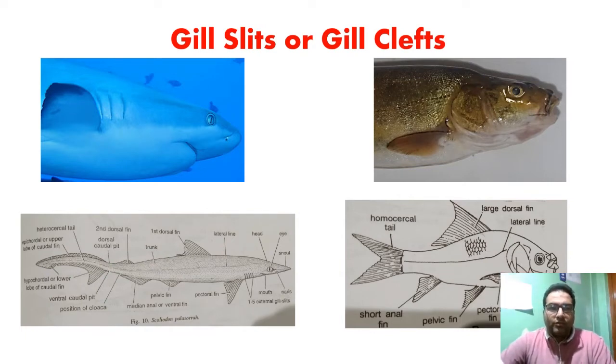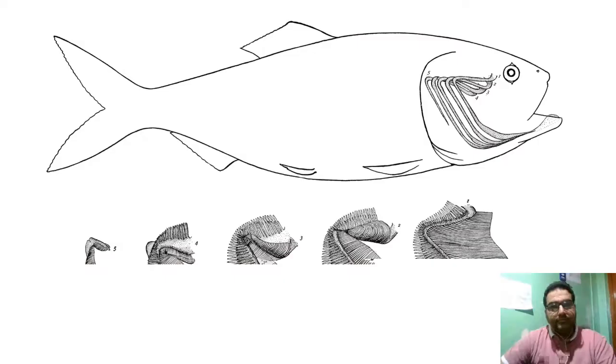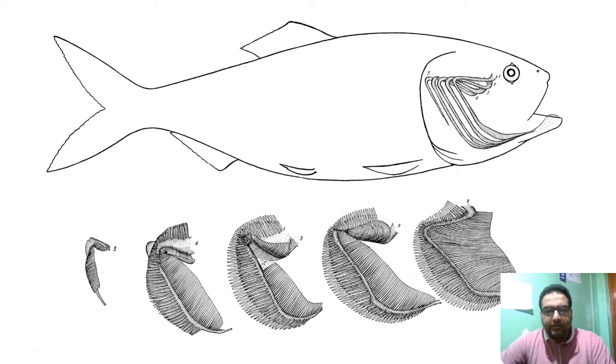We knew that elasmobranchs do not have gill covering, but they have gill slits. These fishes, that is the osteichthyes, the bony fishes, have gill slits, but the gill slits are covered by an operculum. And sharks have the spiracle, whereas the spiracle is absent in the case of bony fishes. Last time we discussed that the sharks normally have 5 pairs of gill slits,